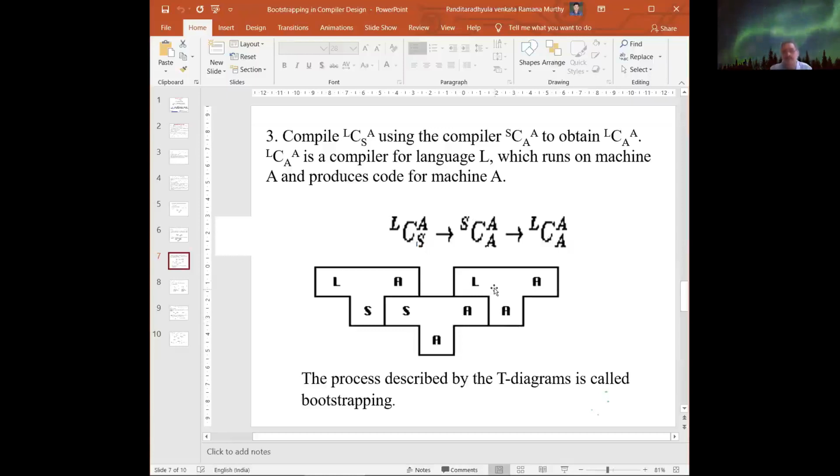Whatever the language from the previous phases we are taking, it is L. Let this particular part be the final part. Similarly, we have the part from the source language. That L is from the previous part. A is for the machine, whatever machine we are going to generate, and the source language, that particular